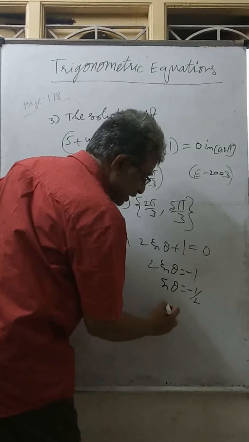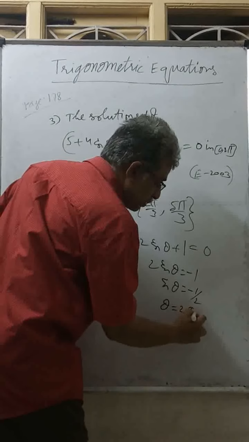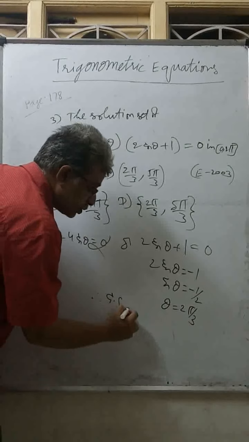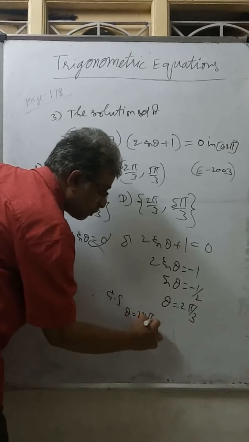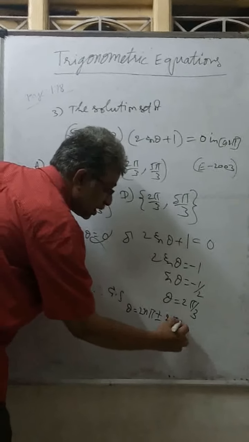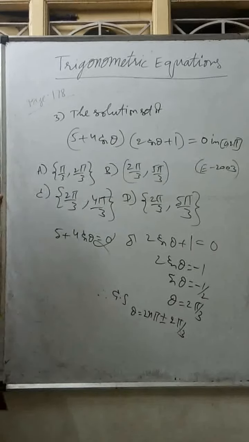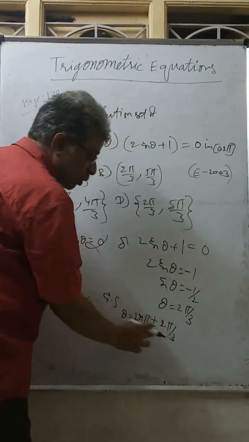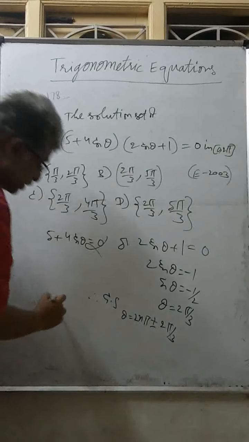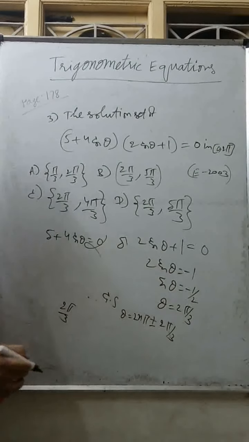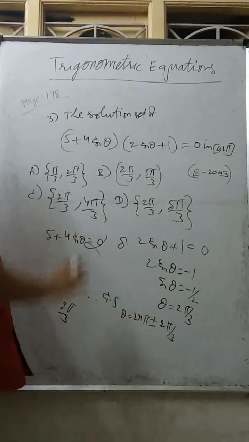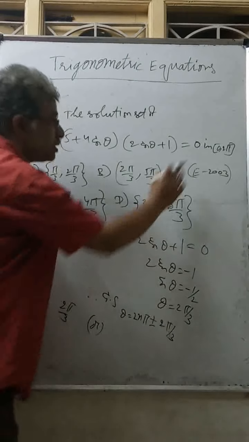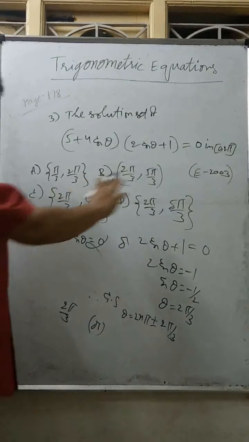120 degrees, which means the principal value is theta equal to 2 pi by 3. Therefore, if I want the general solution, theta equals 2n pi plus or minus alpha, that is 2n pi plus or minus 2 pi by 3, where n belongs to Z. If n is 0, what happens? This becomes 0 plus or minus 2 pi by 3. So one value is 2 pi by 3, or minus 2 pi by 3, but it is asking between 0 to 2 pi, so there is no negative, only 0 to 2 pi values.